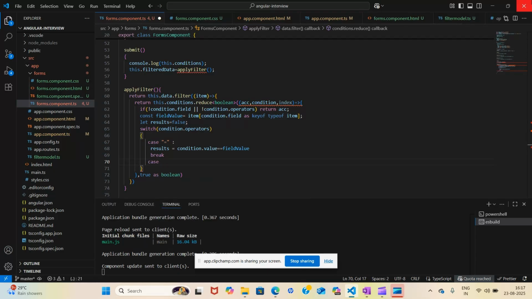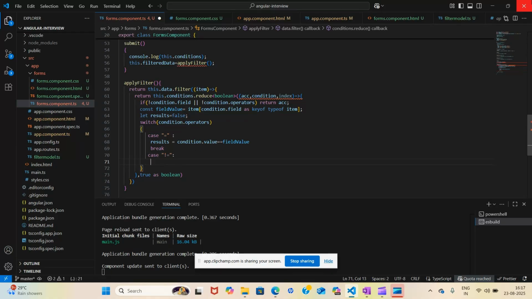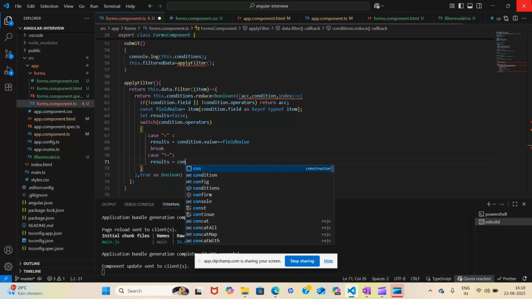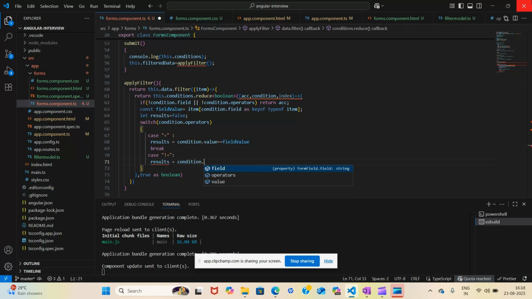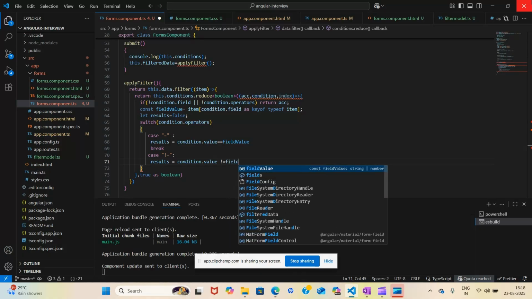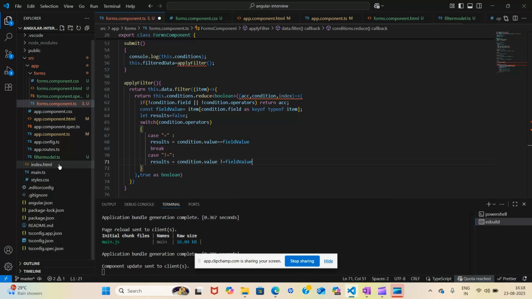So yeah. Now the other case will be our not equal to. For this also we'll do the same. Okay, so quickly just write all the conditions. It should be condition dot value, which should not be equal to the field value.